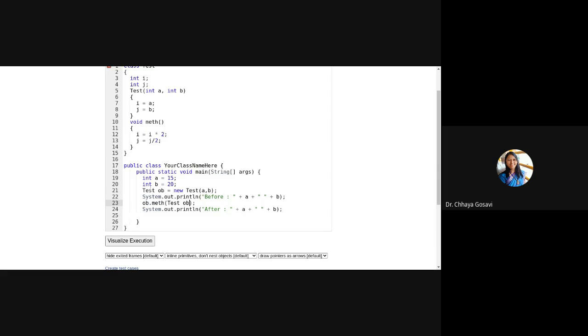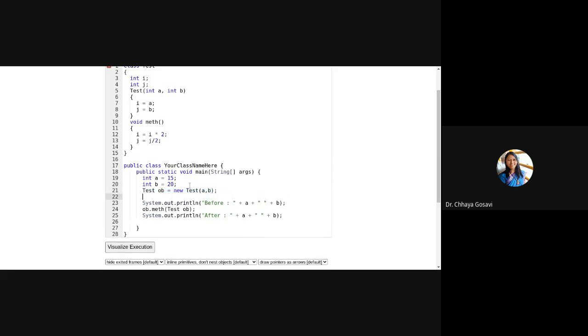And we create one more object for the return type, ob1, which will use the default constructor. This will call the method math, and here we pass the object ob, and here ob1.math.